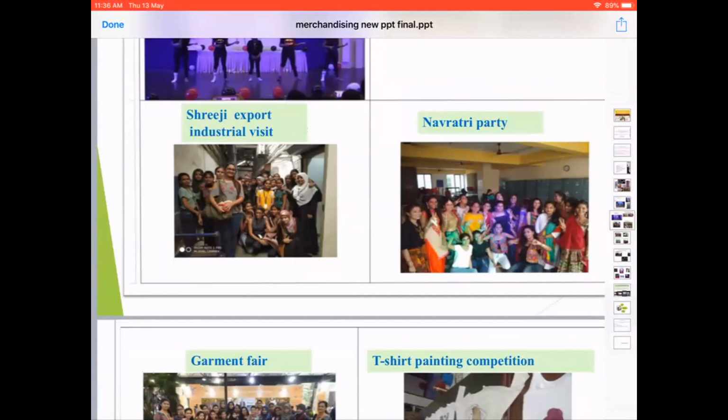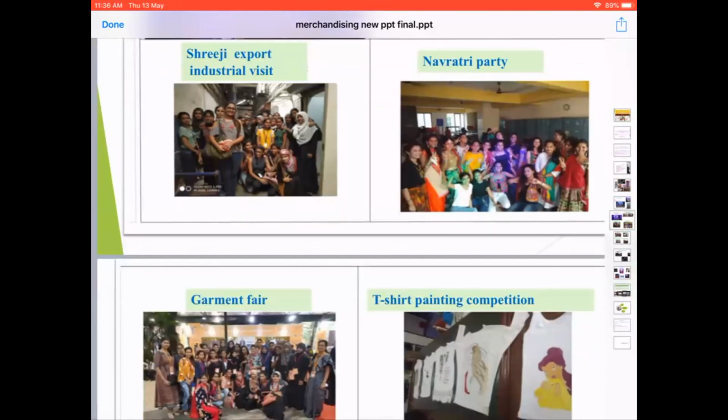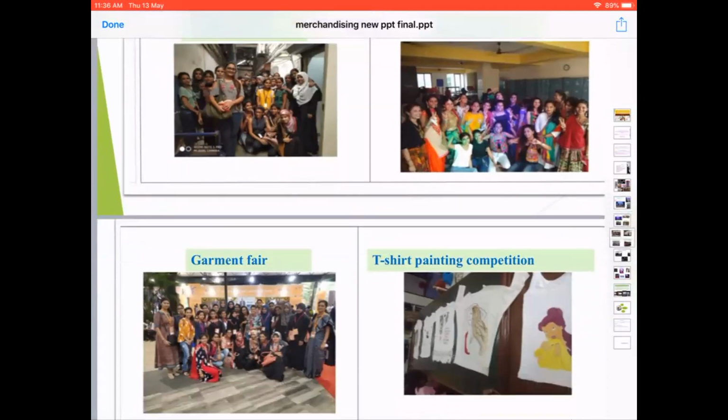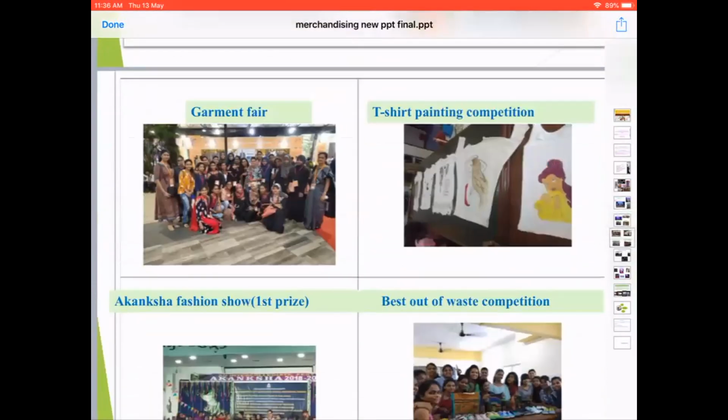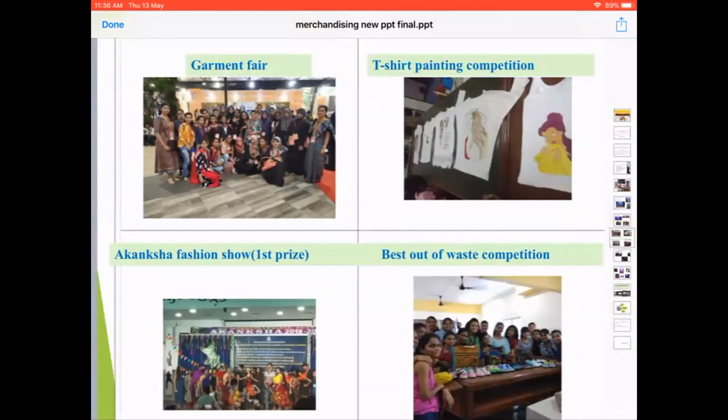Then this is the Shriji Export industrial visit. Then we also have a Navratri party, a co-curricular activity we do. T-shirt painting competition, then garment fair. It is a garment fair conducted in Goregaon exhibition center, where garment sellers and buyers from all over India come and interact with the people. There are almost 2,000 stalls from all over India. So that is the exposure our students get, to know how to conduct a stall and